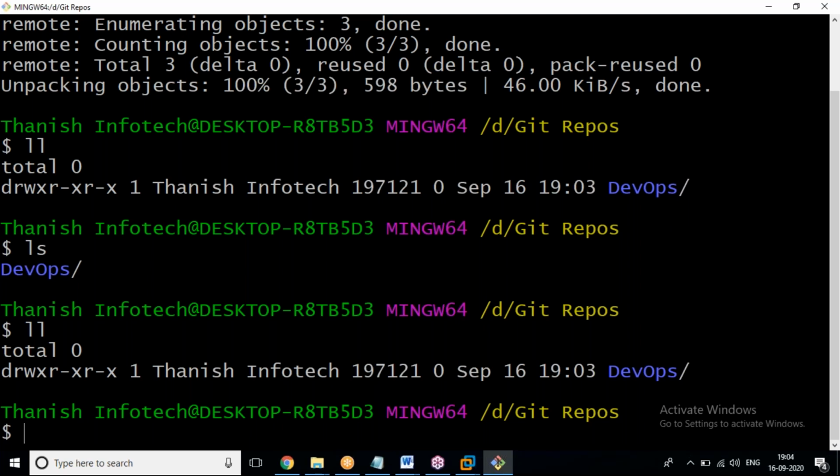This is the clone of the repository from remote to local. From this time it's called a local repository. We'll discuss it in depth tomorrow, but for now: cd DevOps. cd is also a Linux command.